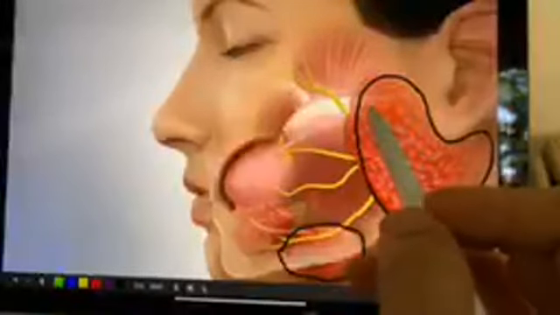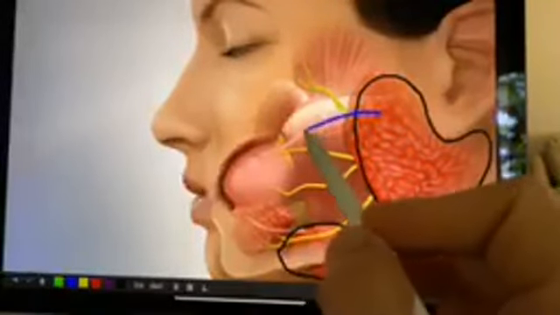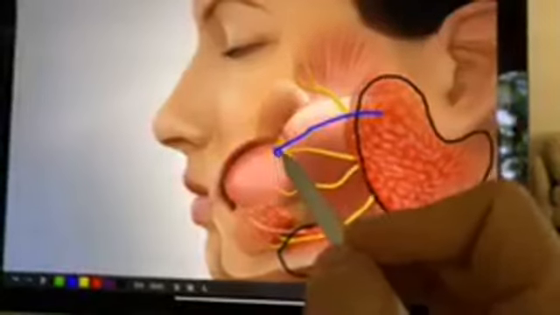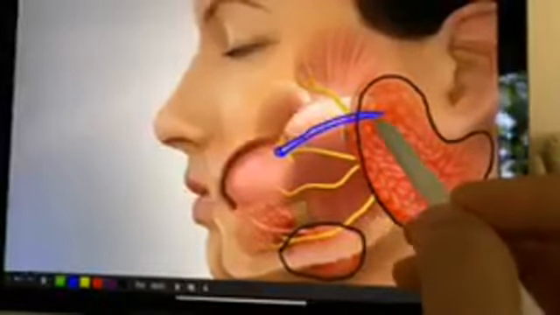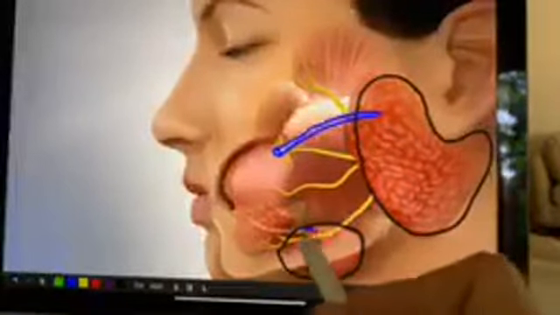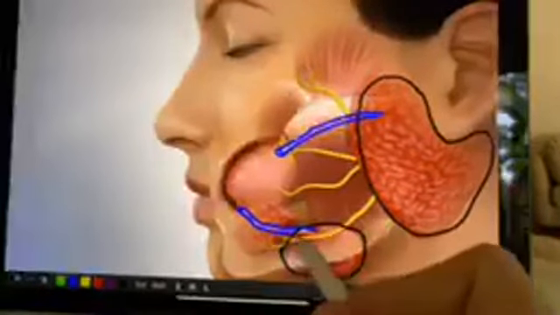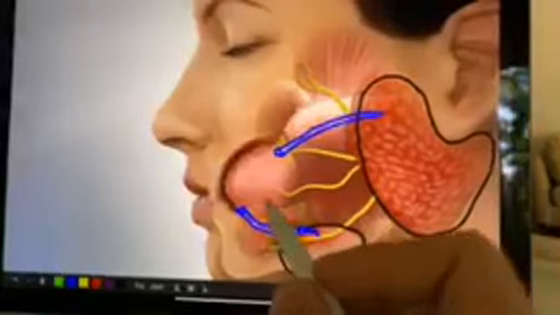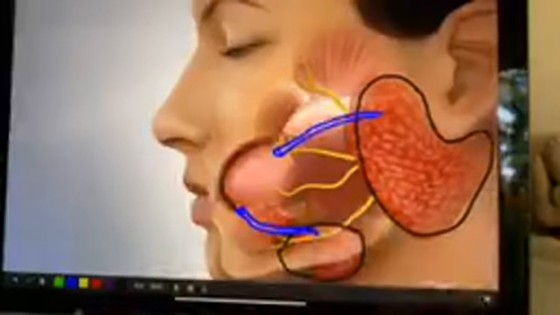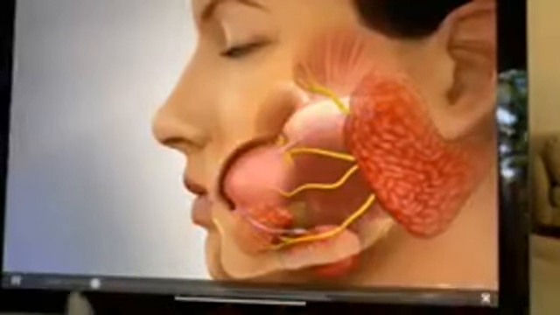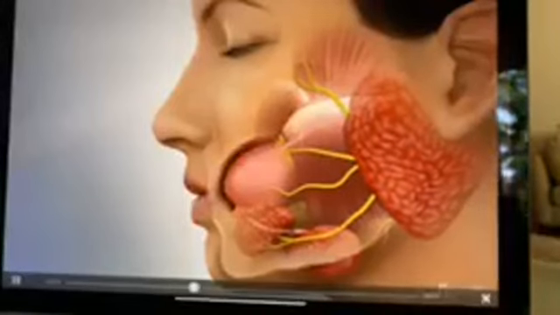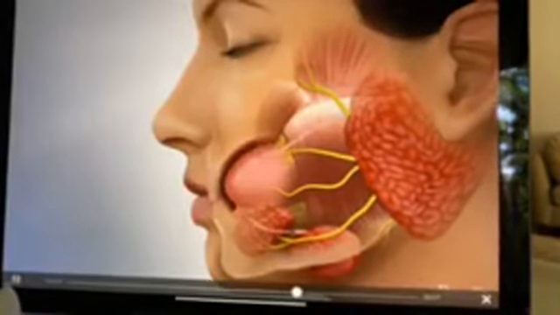The parotid gland has a duct that opens up into the mouth like this. The submandibular gland has a duct that opens up into the mouth in that fashion, right? And so if we were to look, the saliva that's being produced is,